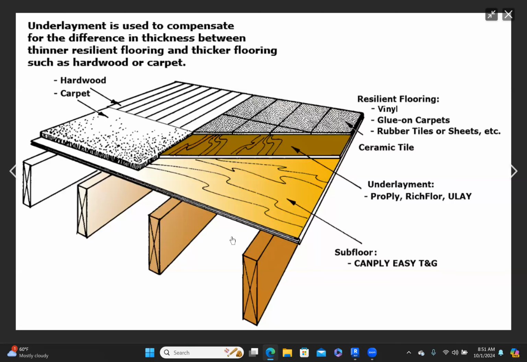We're ready to put in the subfloor on our model. Let's just take a look at what that means. Well, when the carpenters are building the new house, they put in the floor joist first. And then on top of that floor joist, they put a subfloor, which is generally a plywood subfloor or a particle board subfloor, but it's not the finished floor, it's the